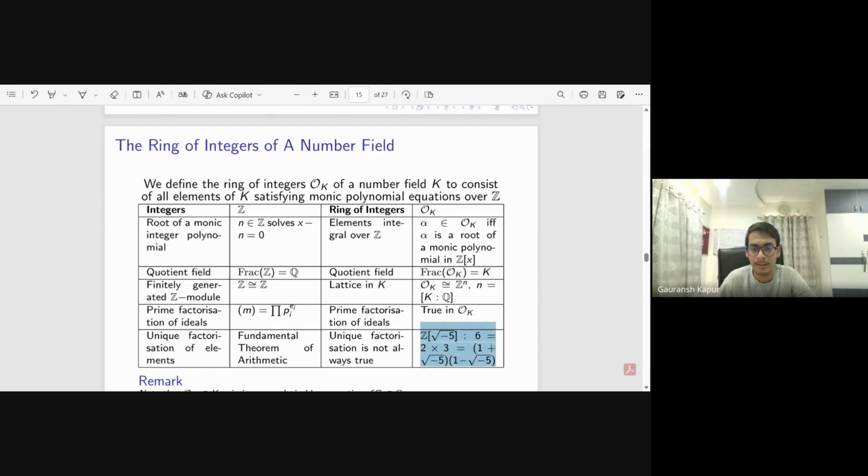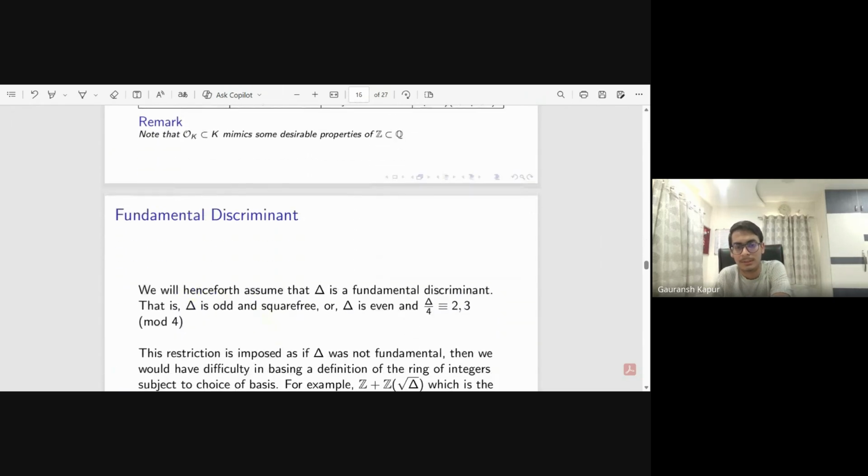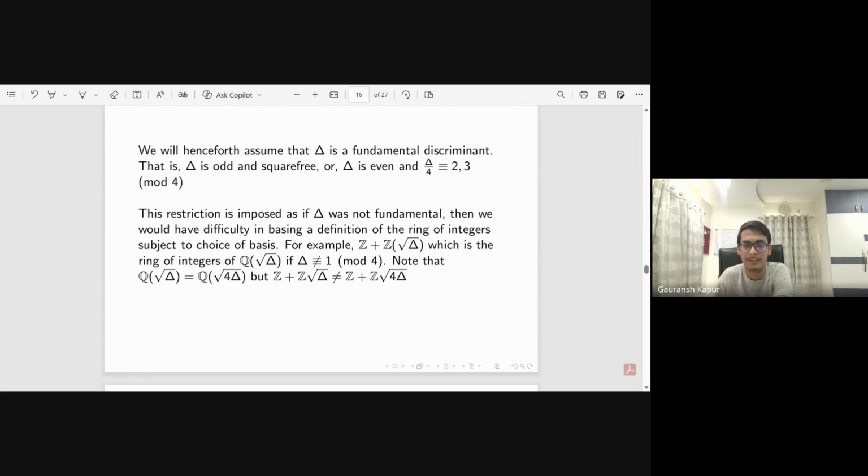But this is not true in the ring of integers, because Z[√-5], which is the ring of integers of Q(√-5), has 6 equal to 2 times 3, which is also (1 plus √-5) times (1 minus √-5). Okay, so this was something about the ring of integers, and we define a fundamental discriminant,